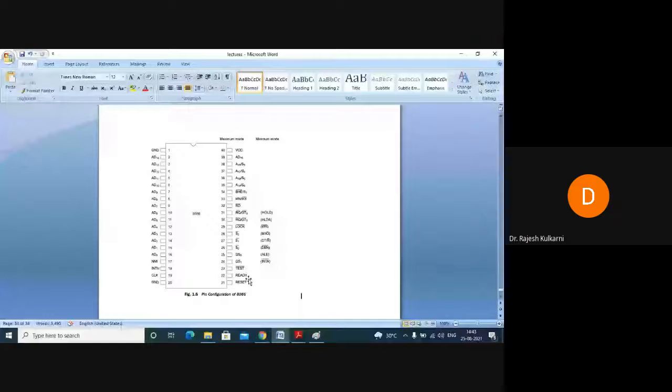Let us take the ready one. So the ready is basically, you have many devices along with the CPU. So those devices, ready actually